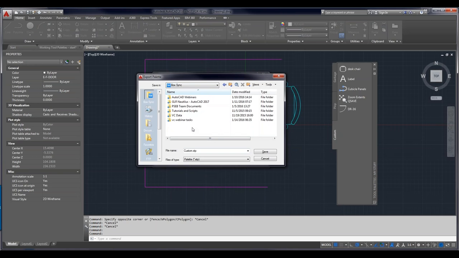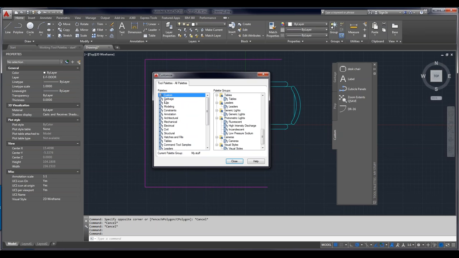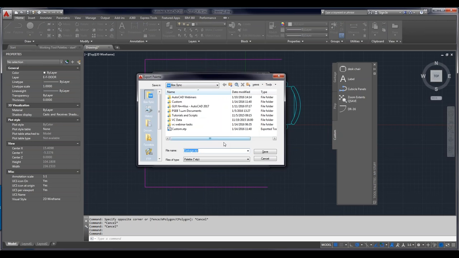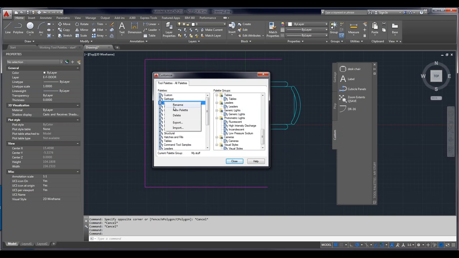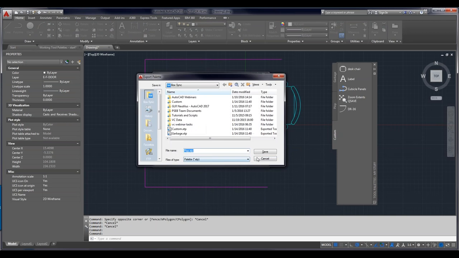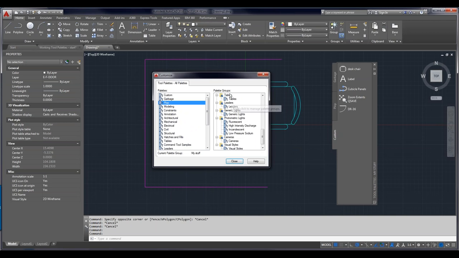I'm just going to go ahead and plop it in here, and notice that it takes the name of the palette that you're exporting. So I'll just click there. I'll go ahead and export this guy as well. And so I have my individual palettes here. Now, I can